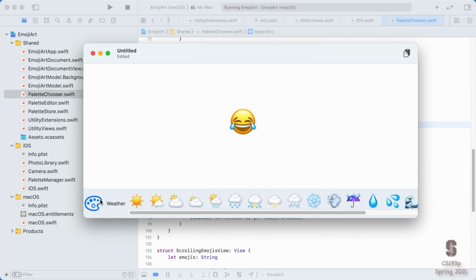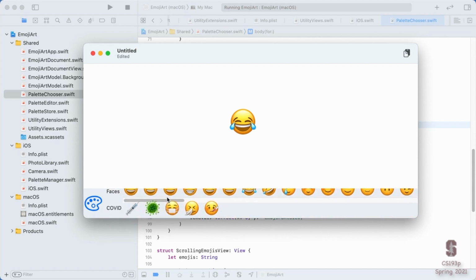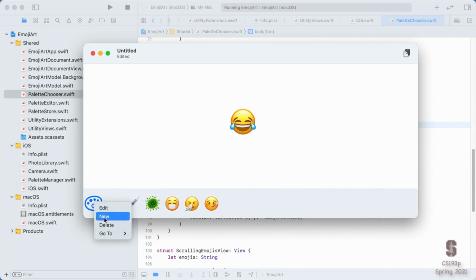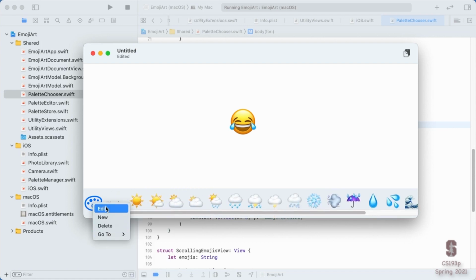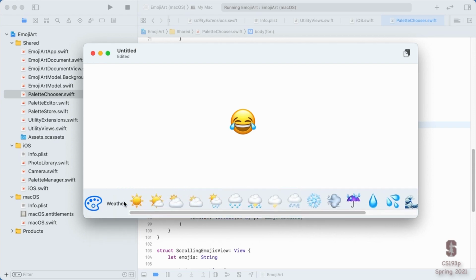Okay, our palette chooser seems to be working pretty darn well. Notice no manager in here, so we can't change the order, for example, or the only way to delete things is using delete in here. So not having the manager is not a big deal here. Maybe we would just decide it's good enough. You just have to deal with these always being in this order right here, because you can still delete and edit and all that. It doesn't take away that functionality.